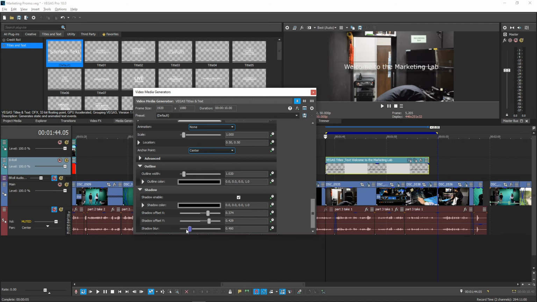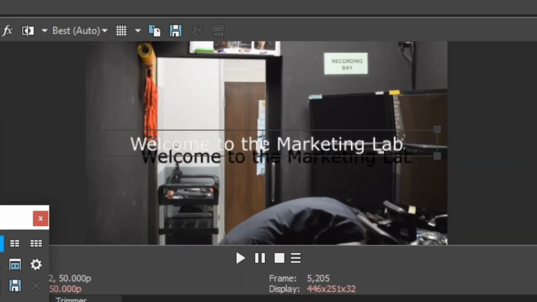And if you go down to 0, it has no blur at all and is exactly the same as your original. If you have the shadow down to 0, it basically would achieve the same effect as if you had just copy-pasted your text onto another track. There's multiple ways to make the same effect.